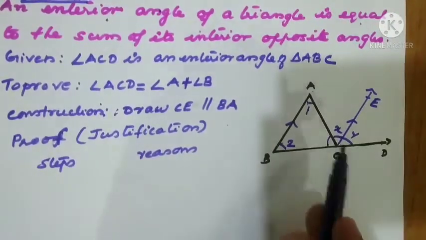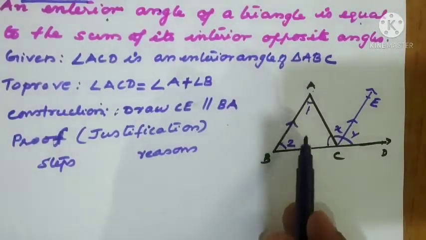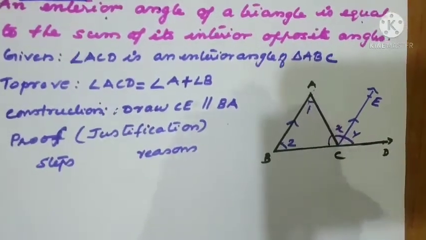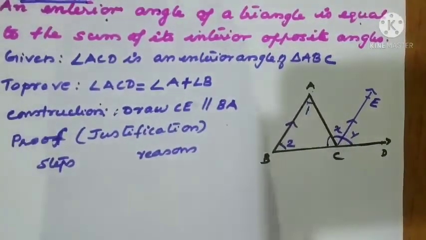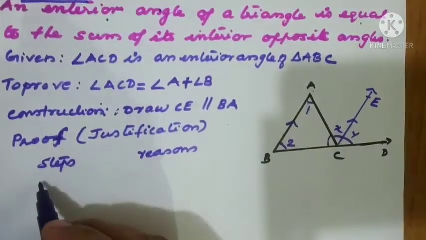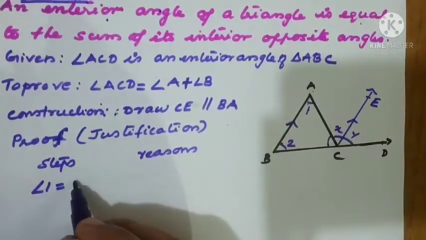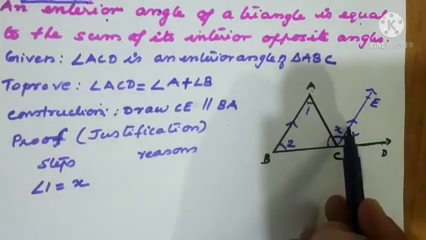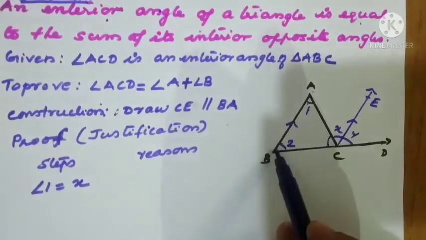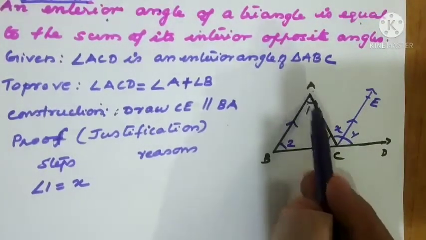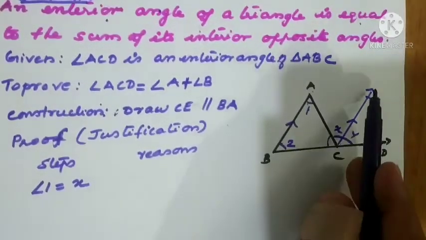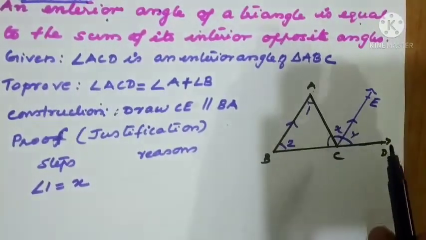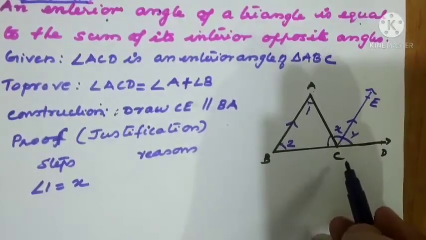Two angles are there. Which are they? Angle X and angle Y. The interior angles are named angle 1 and angle 2. We have drawn the parallel line, so the parallel property only we are going to use. I'll write the first step as angle 1 equal to angle X. What is the reason? Because by construction these two lines are parallel. See, it is starting from BA and AC, then CE. Which shape of letter are we getting? You are almost getting the shape of the letter Z.